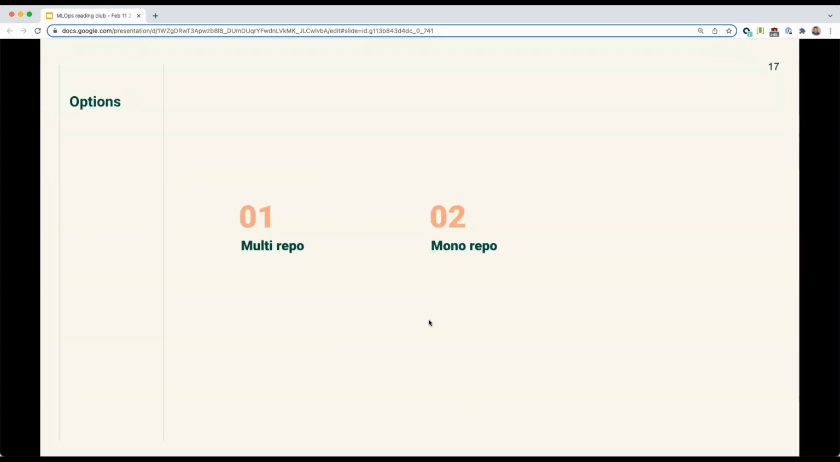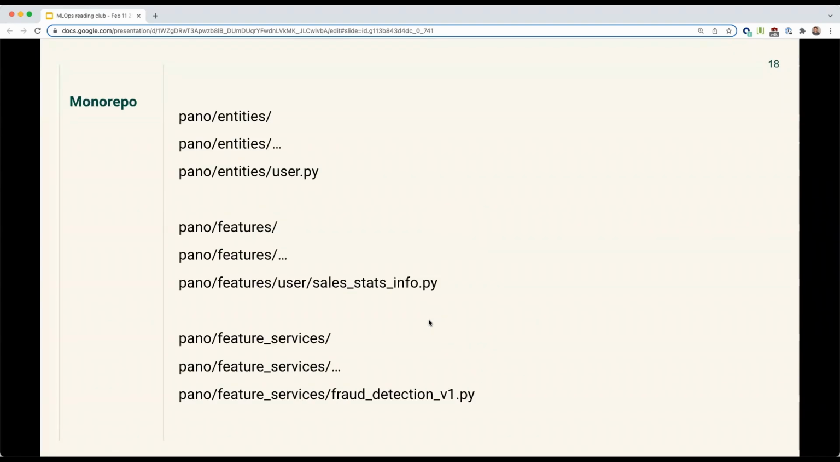And on that note, there are no good or bad answers. If I'm not mistaken, the Twitter folks are doing a multi-repo approach. So it's not one size fits all here. So how our repository is